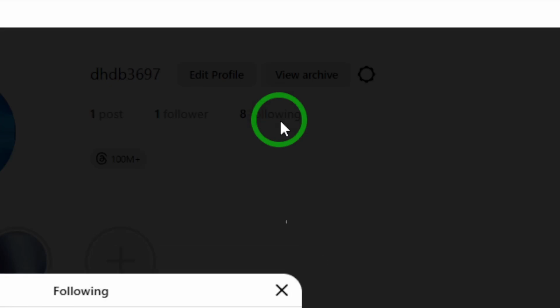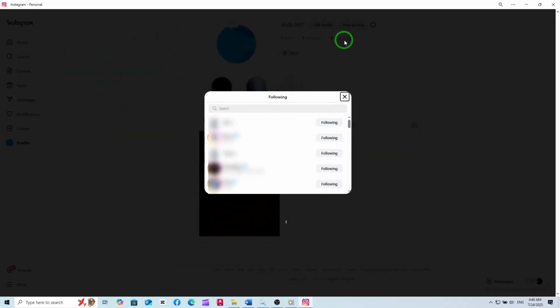Clicking on Following will bring up a full list of all the accounts you currently follow on Instagram. You can scroll through this list to view friends, creators, brands, or anyone else you've decided to follow. From this list, you can also manage your connections, unfollow people, search for specific accounts, or simply keep track of